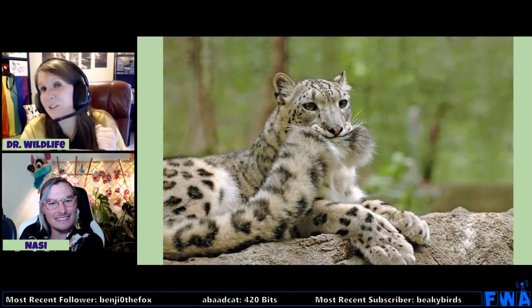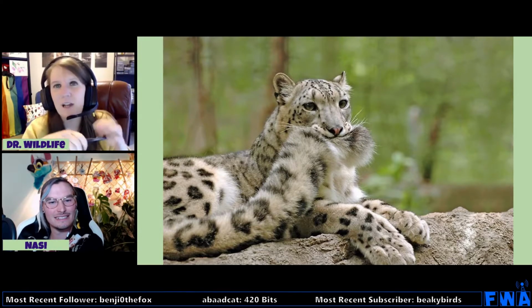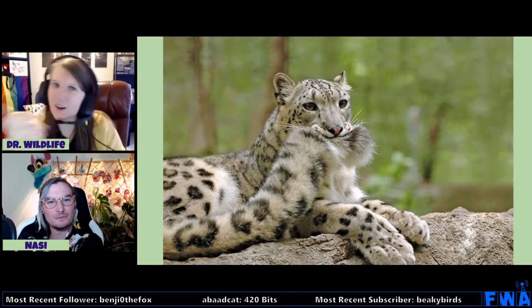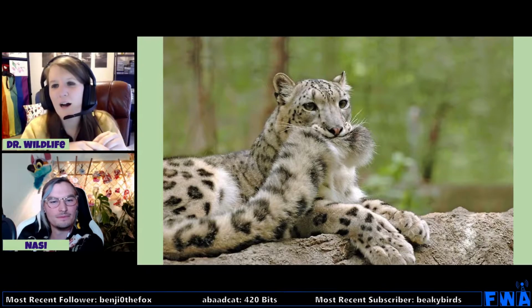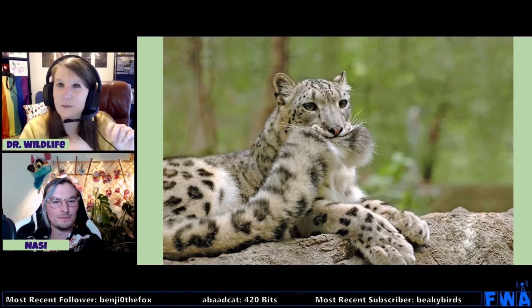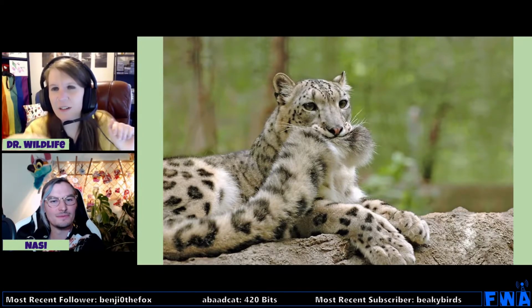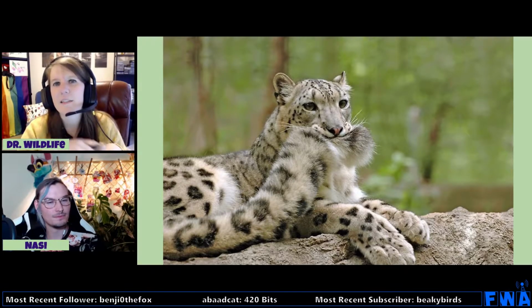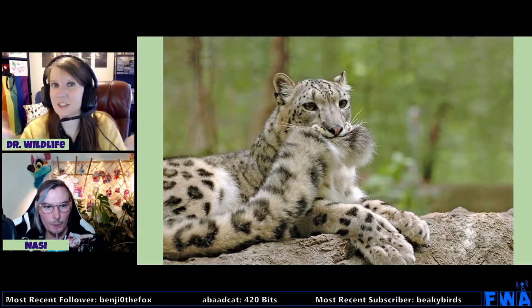they also can use their tails for warmth. So a lot of people think snow leopards do this to be cute, and I mean that is honestly pretty dang adorable. But they'll also use it to keep themselves warm. So they'll hold their tail to keep their face warm. They'll wrap it around their paws. It's like a little scarf that is attached to them, like a little blanket.